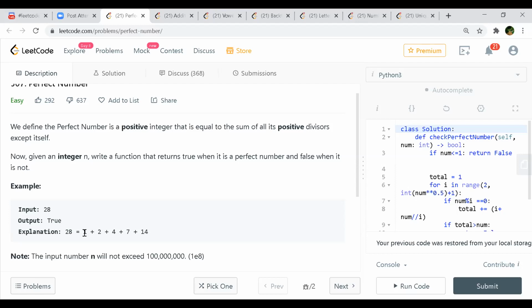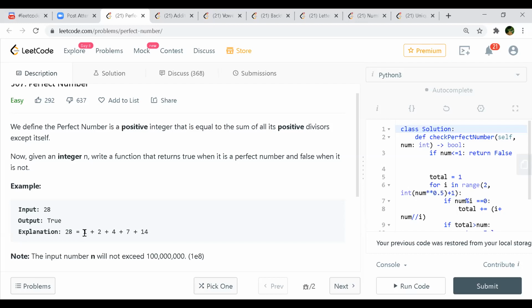If you don't have any remainder, you take that divisor and keep on adding it. As soon as you reach a value equal to your num, you can return true.